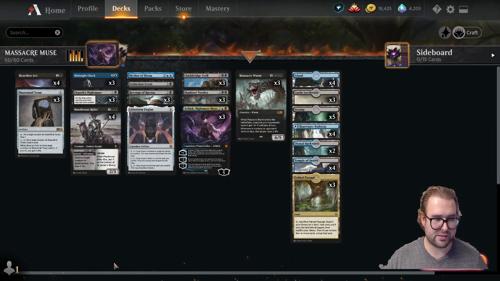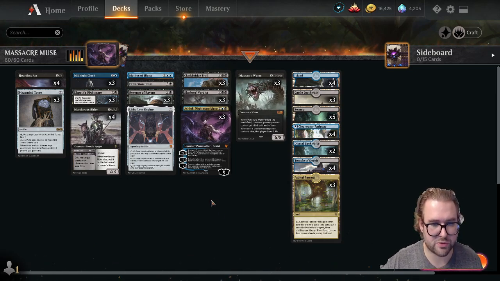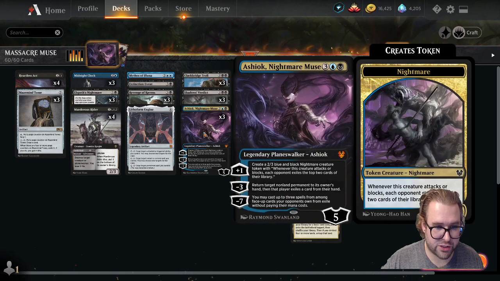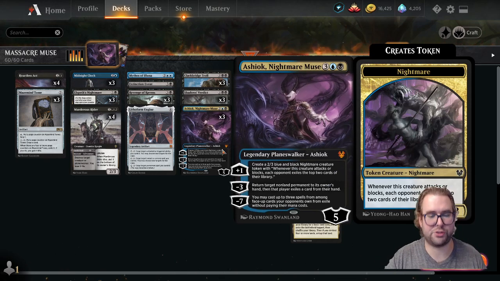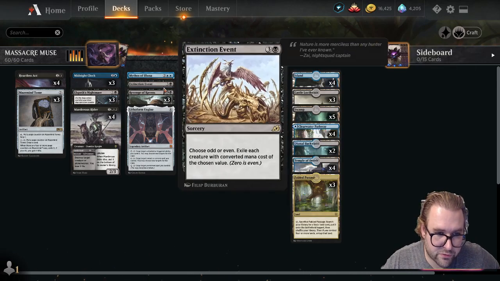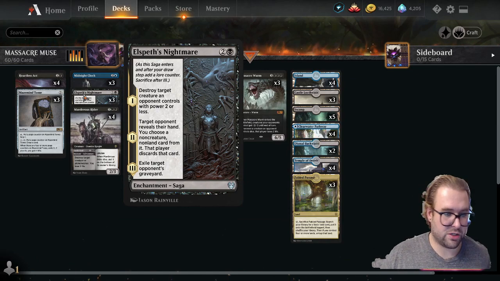So what is this deck about? This deck is a control deck. It revolves around the synergies between Clackbridge Troll, Massacre Wurm, and Ashiok, Nightmare Muse. So we're looking to exile as many things as possible, so when we ultimate off Ashiok, we can use her ability to the fullest. We do that by playing Shadow's Verdict, Extinction Event, also Elspeth's Nightmare,